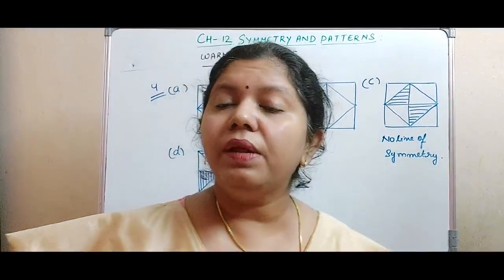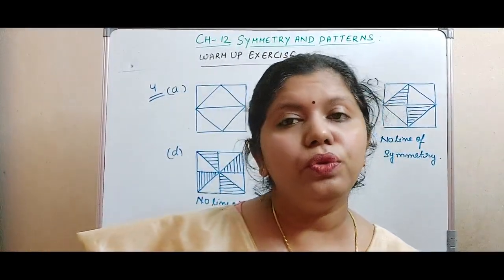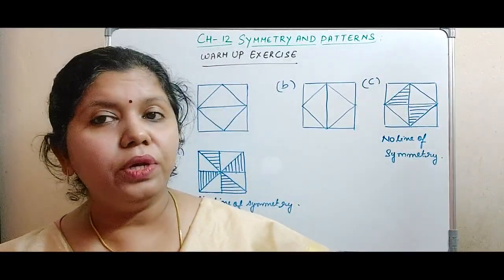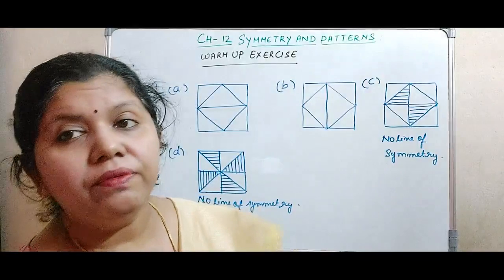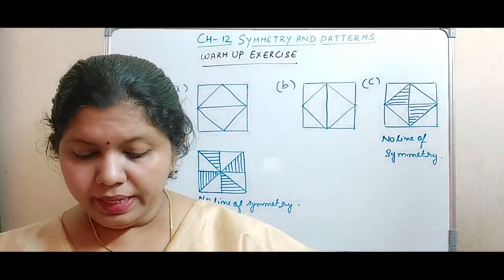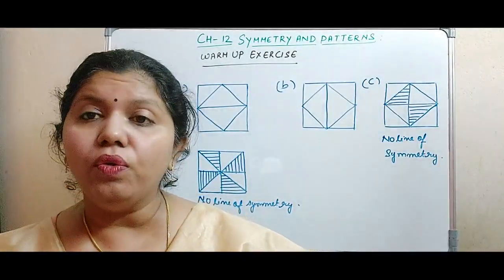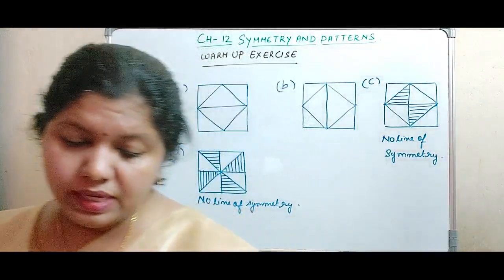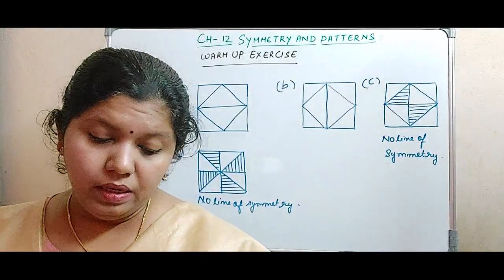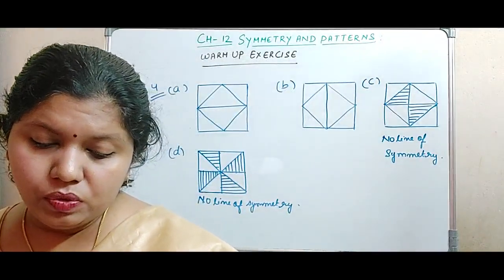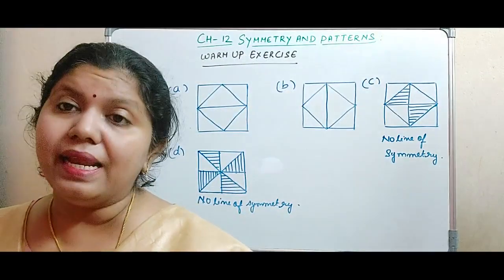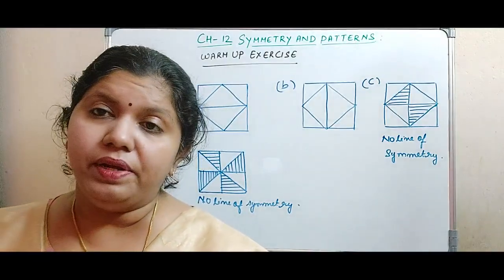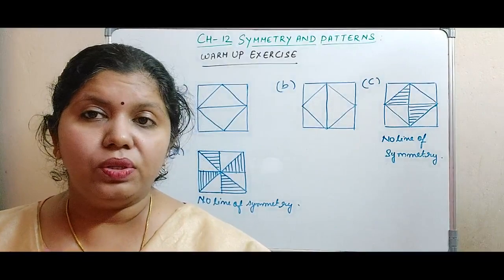Now children, question number 5 and 6 you all can do yourself, because some of those figures I have already shown in this video while I was explaining. Okay, you can take help from that and you can make your own drawings. It is telling that for the first figure you have to draw a pattern in the square grid that has lines of symmetry. And next is no line of symmetry. You can draw some patterns based on that.